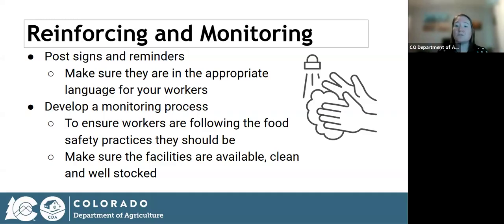Are they actually scrubbing your harvest bins? Are they cleaning the bins you're using? Are they cleaning your equipment appropriately? So making sure that that is being followed, and then making sure the facilities are available, clean, and well stocked. I will tell you that if they're not available, clean, and well stocked, they won't use them. So making sure to have all of that and having someone there that can say, hey, we're running out of